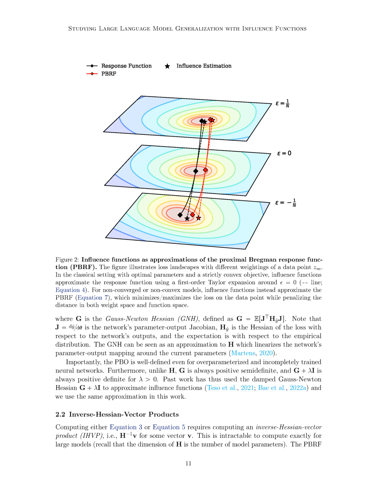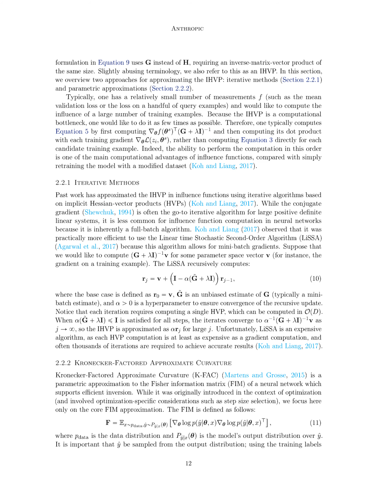Section 2.2 Inverse-Hessian-Vector products. The section begins by introducing the concept of an inverse-Hessian-Vector product, IHVP, which can be represented as the inverse of the Hessian matrix multiplied by a vector. This calculation is quite challenging for large models, given that the size of the Hessian matrix corresponds to the number of model parameters. The text then refers to an alternative formulation that uses another matrix, denoted as G, instead of the Hessian matrix H. This requires a similar calculation, and the term IHVP is used for both. The main focus of this section is on two ways to approximate the IHVP: iterative methods and parametric approximations.